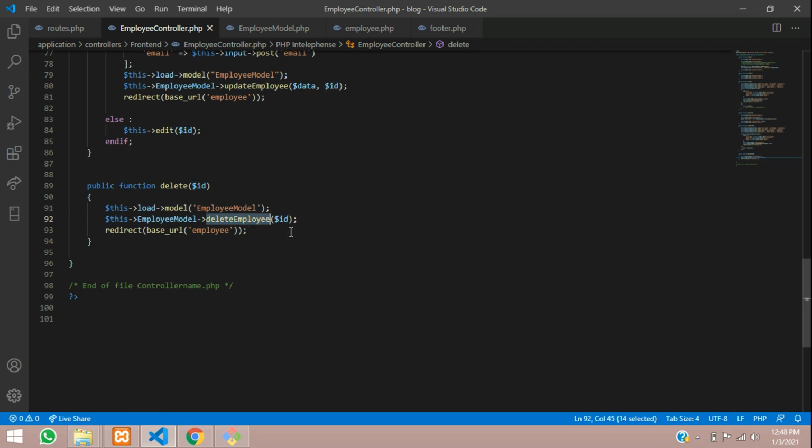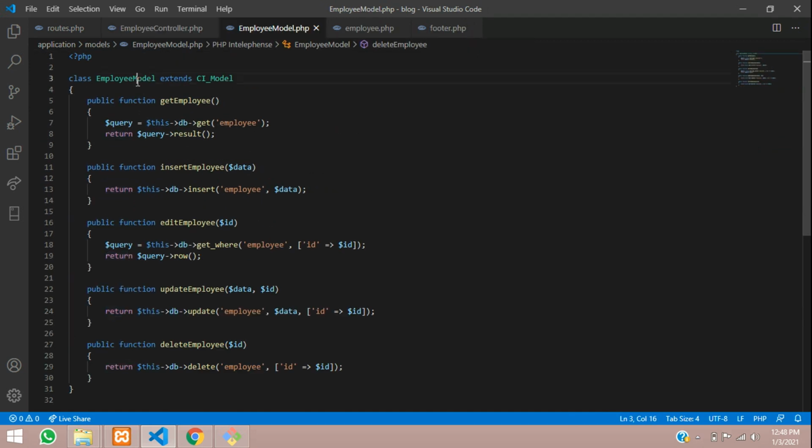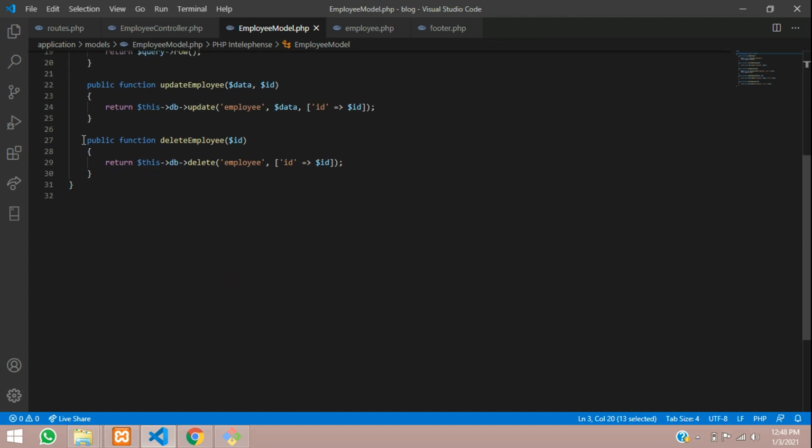Okay, so let's go to the employee model where the employee delete function is. So let's go to the delete employee function. This is my employee model, you can see that, and inside this is the delete employee function with the ID. Now what it is doing is sending that ID with the help of the delete function given by the query builder class from CodeIgniter.